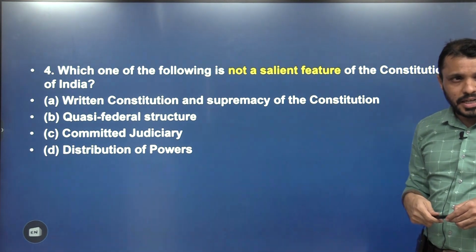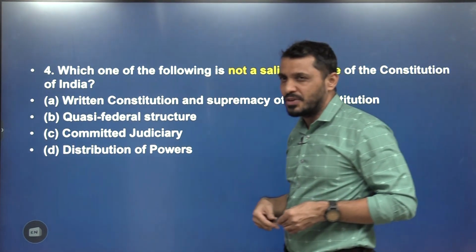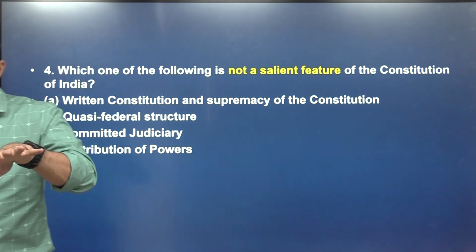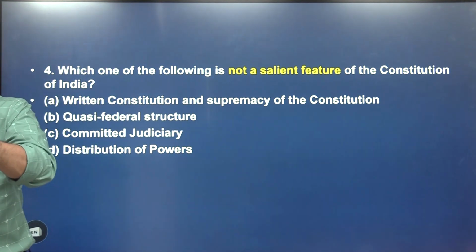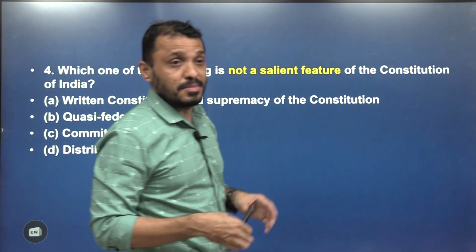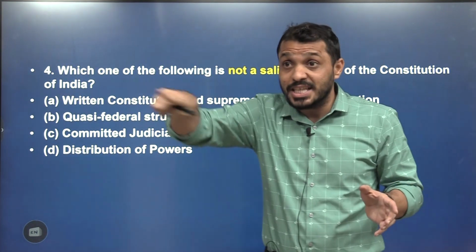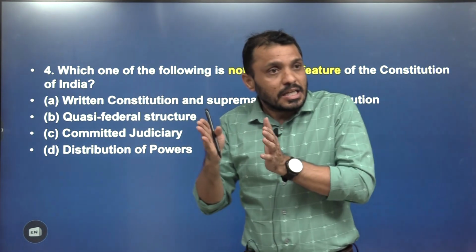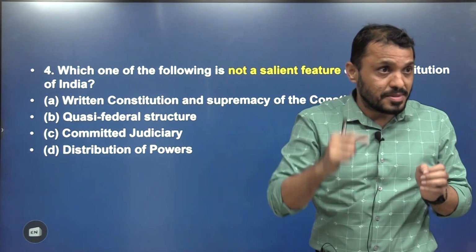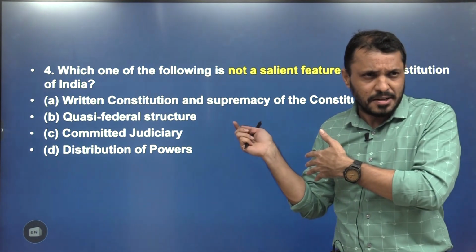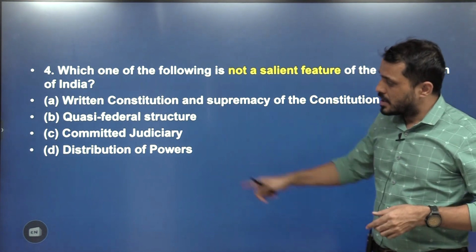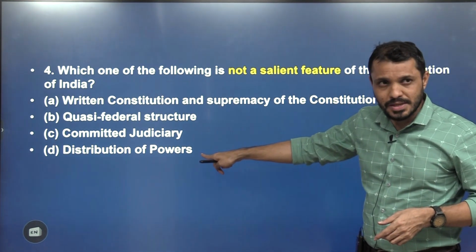Second, quasi-federal structure. In India, don't you think quasi-federal is one of the salient features? Even though the word federal is nowhere used, you are still allowing federalism in the form of Schedule 7. Yes or no? You are allowing federalism in the form of some constitutional amendments requiring even the states' approval. That means even though the word federalism is not used, in spirit federalism is there. Just now I mentioned that India is both unitary as well as federal, so quasi-federal. Then distribution of powers is there, Schedule 7.